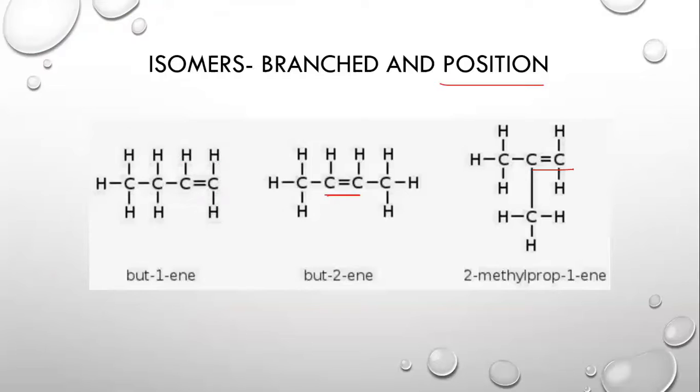Now, the second isomer that we have over here, we can easily identify that this does not have a branch that is attached. So as we see that there is no branch, this is a position isomer. In order to name it, we are going to see the longest carbon chain. The longest carbon chain is also of 4 carbons, which means it is but-. So we write but.